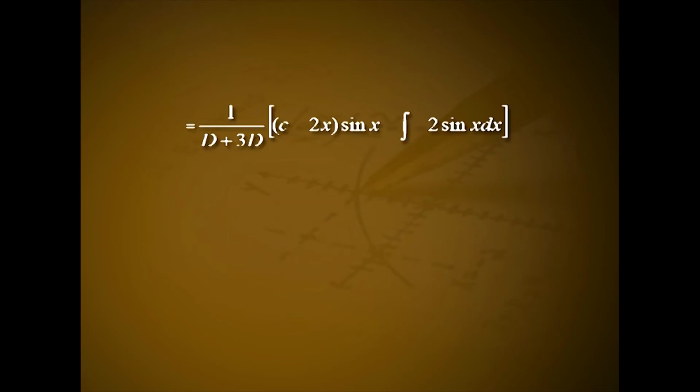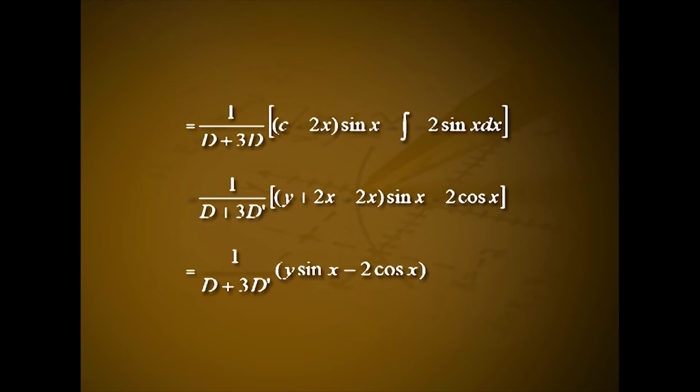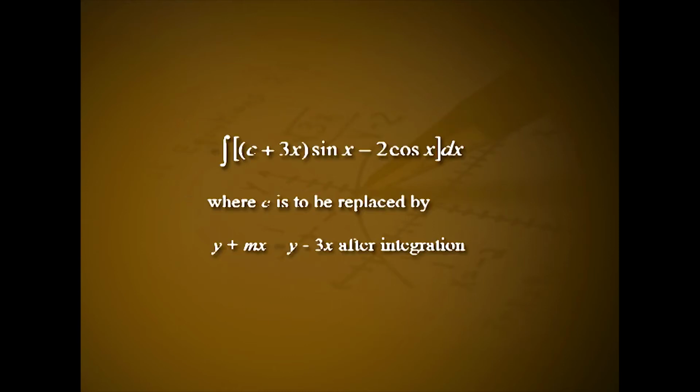That is equal to 1/(D + 3D') of (c − 2x) sin x minus the integral of (−2 sin x) dx, which is equal to 1/(D + 3D') of (y + 2x − 2x) sin x − 2 cos x, that is equal to 1/(D + 3D') of y sin x − 2 cos x, which is equal to the integral of (c + 3x) sin x − 2 cos x dx,